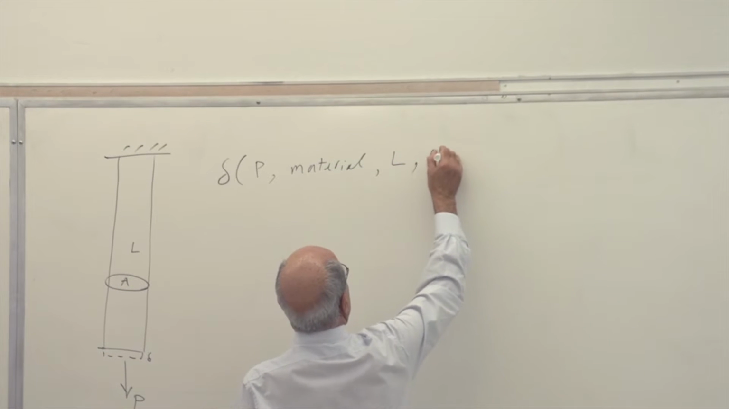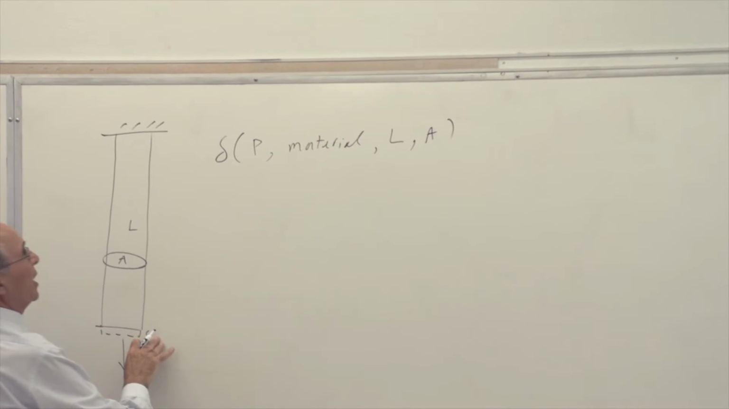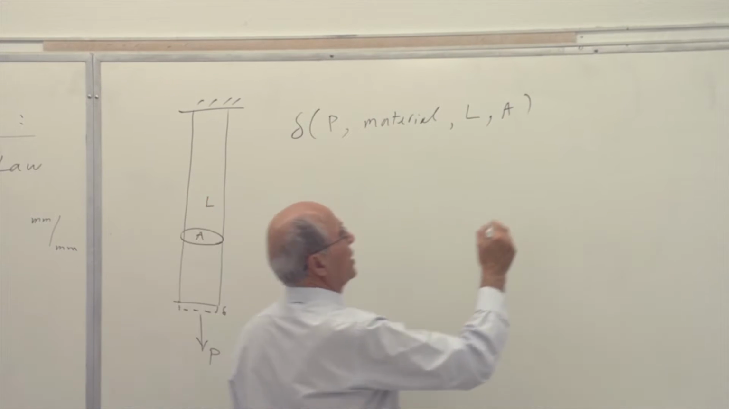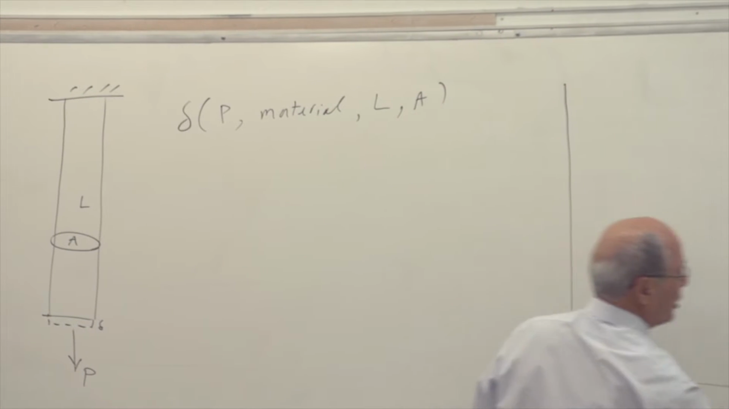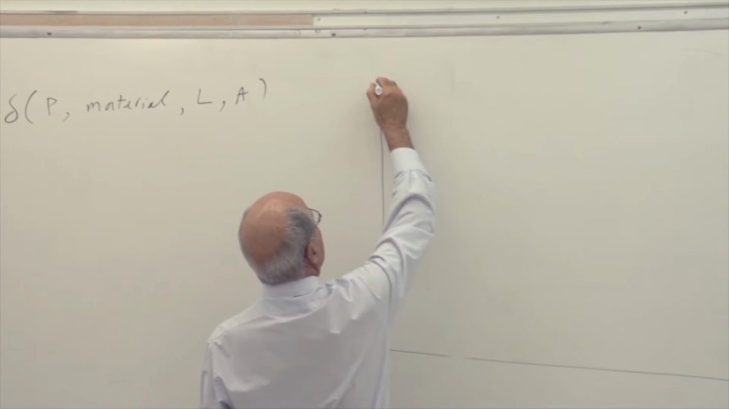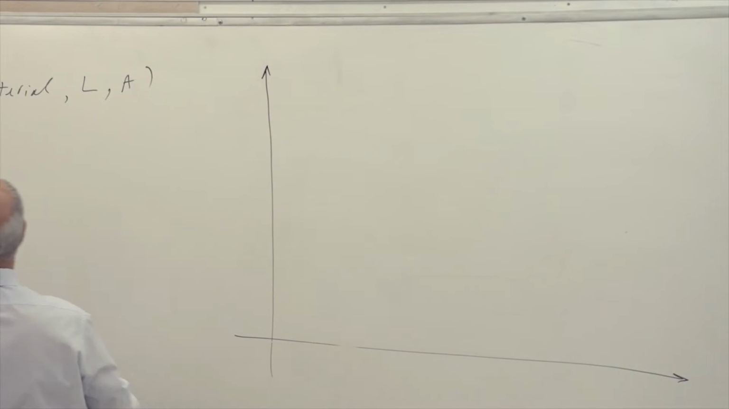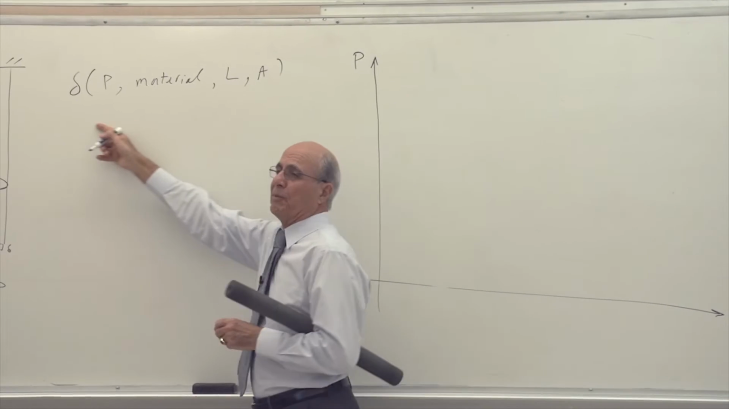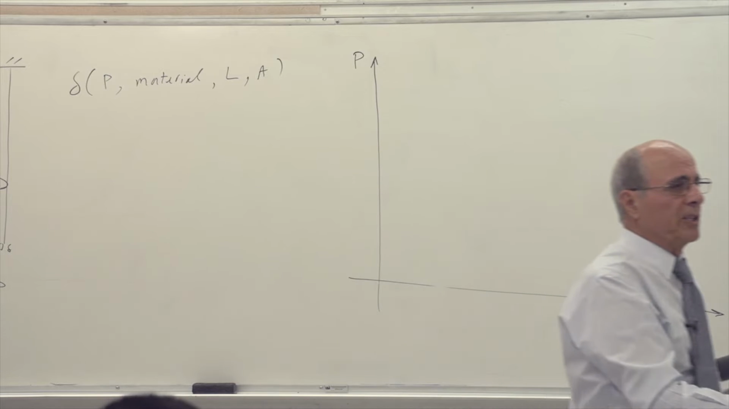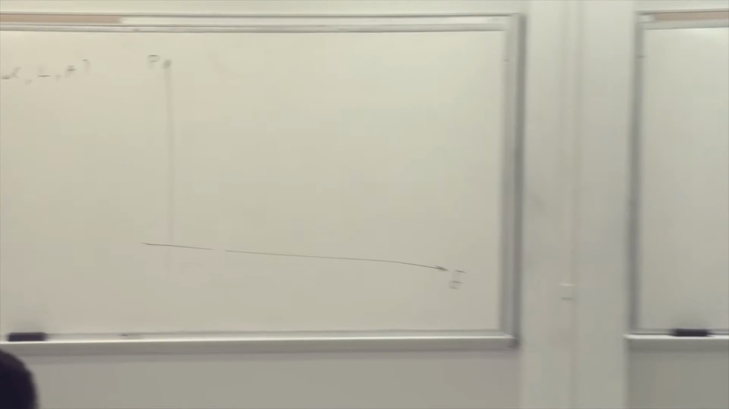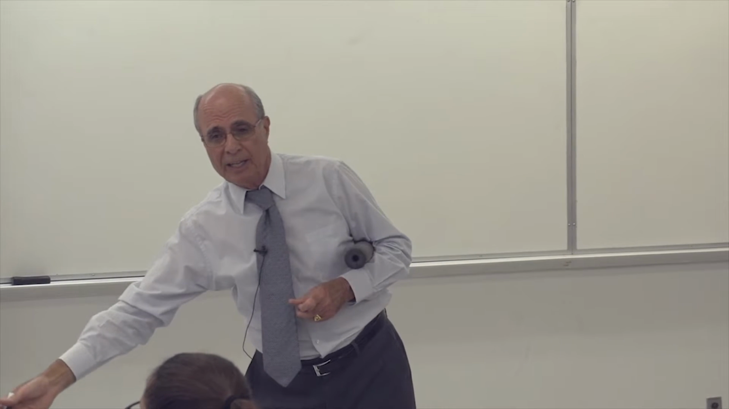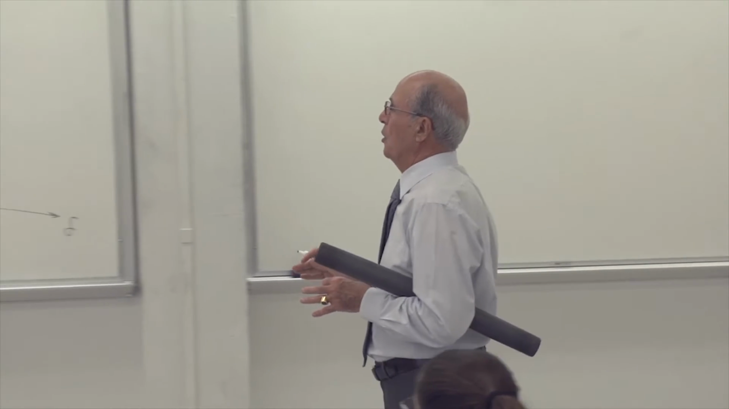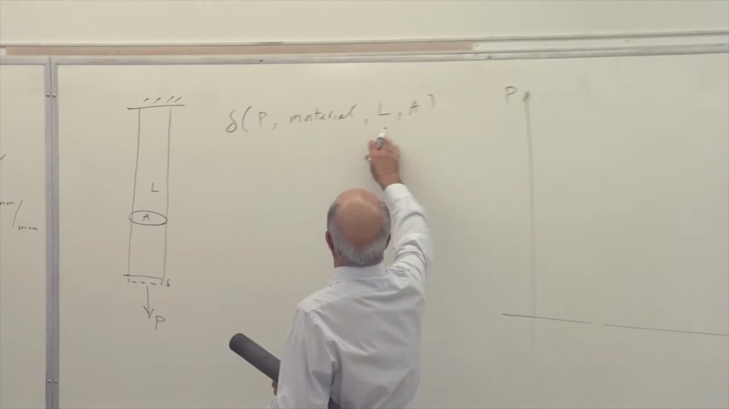So if I want to draw force versus delta, I have to worry about all of that. This is the plot. Don't do it yet, don't write it until I ask you to. If I decide to go P versus delta, I have all these variables to worry about. Type of material is one, so I have to plot this for different materials. I have to plot it for different lengths and different areas. So in order to eliminate at least L and A, L is the length, A is the area,